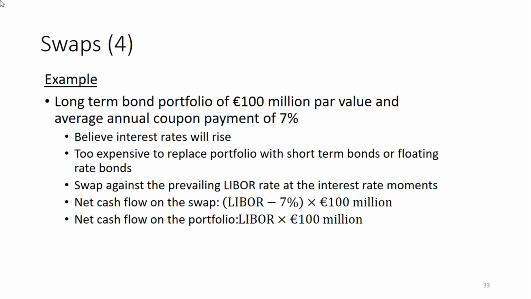If I simply keep my bond portfolio and don't do anything, then I will receive 7% at par value. But perhaps I would like to receive more, so I'm happy to enter into a contract where I will receive the uncertain, floating LIBOR rate. Because I already receive the 7% every period, I could look into a contract where I swap the 7% that I receive against a LIBOR rate, which is then variable, which I believe will increase.